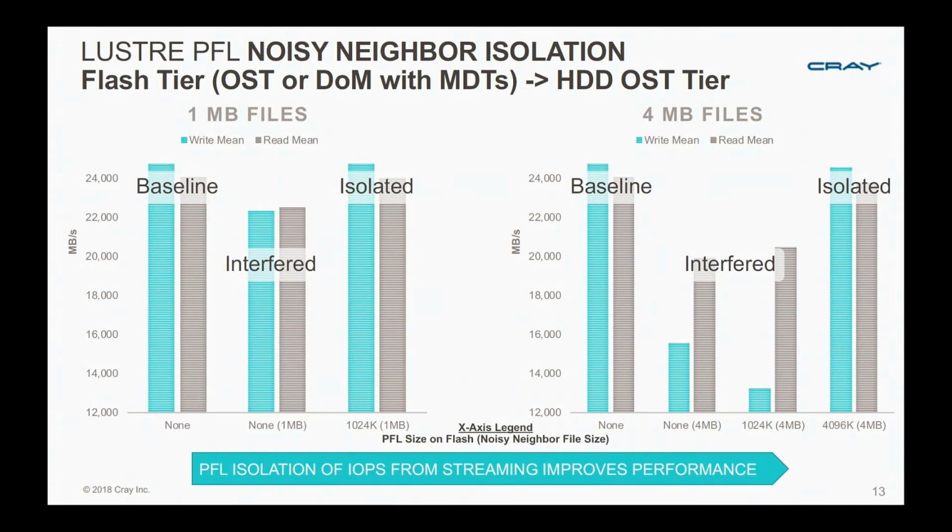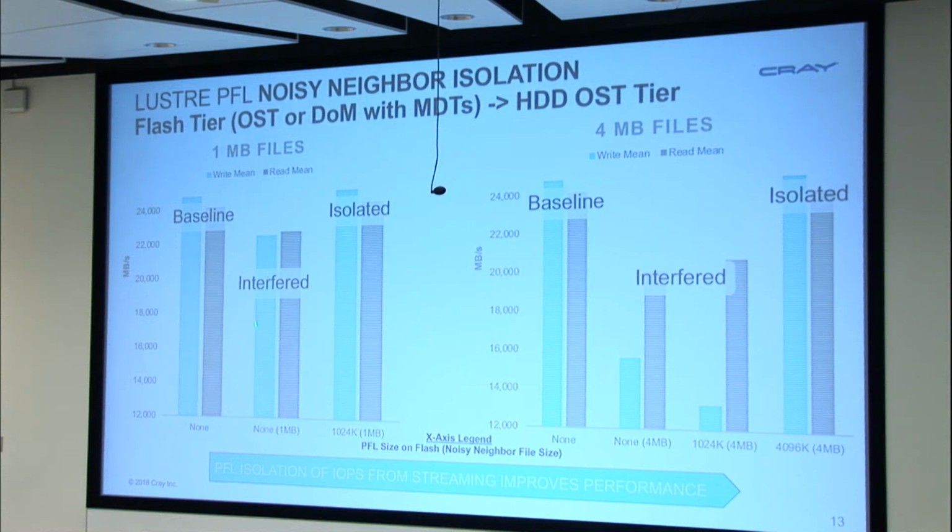So what we have here is a baseline of our sequential performance, no competing workload. Again, 25 gigabytes per second, great I/O. Now, in normal operation, we have multiple users hitting that file system. So this is where user A says, hey, yesterday I ran really good performance, 25 gigs a second. Today, I'm running slower, about 20 gigs a second, because now there's a competing workload running 1 meg small file access, and our sequential performance has suffered by about 5 to 6 gigabytes per second of read and